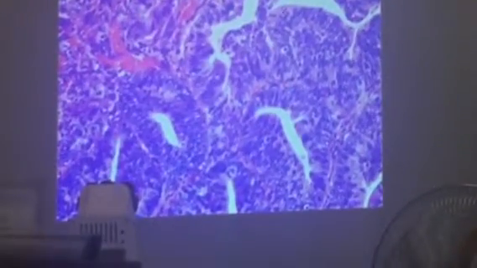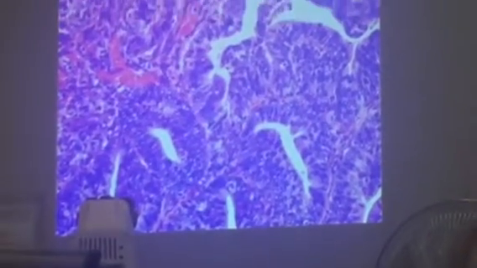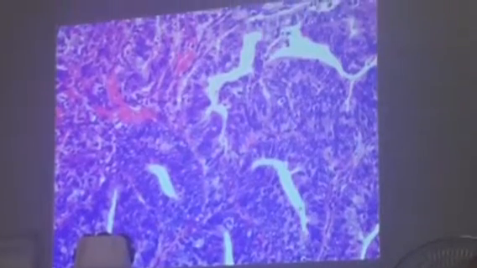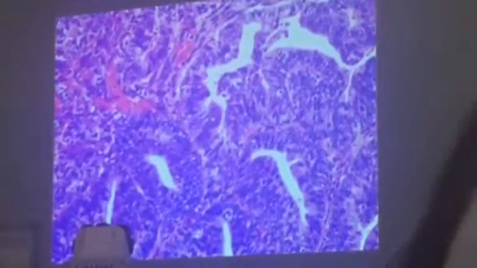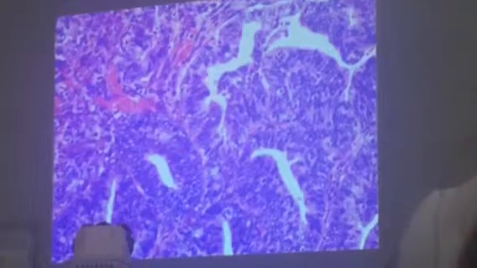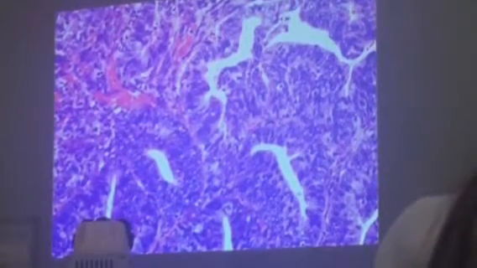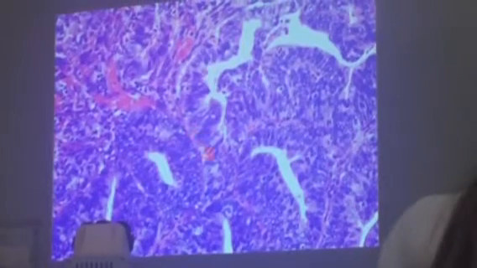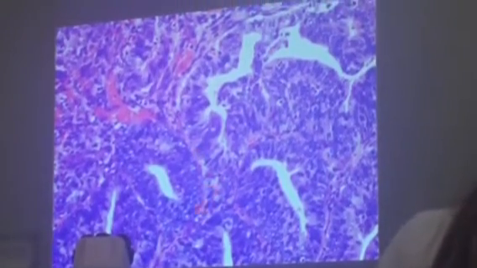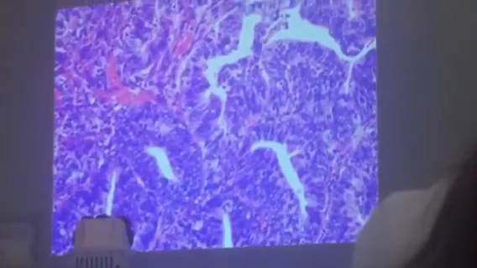Okay, that is atypia. Now, how do you distinguish naman complex hyperplasia with atypia from endometrial adenocarcinoma? Simple lang, nawawala yung stroma. So once nag back to back na